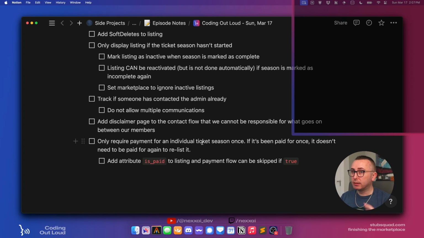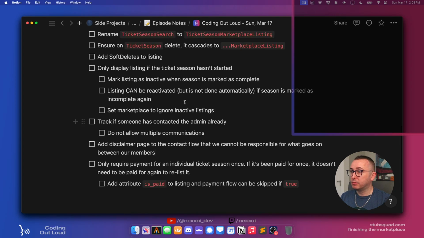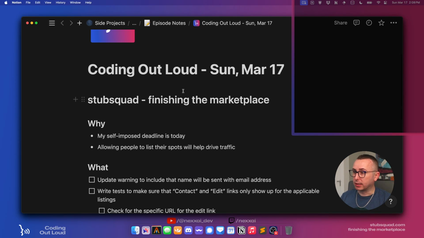So we have a ton of work to do today. I hope we can get it all done. My goal is to work for at least the next 4 to 6 hours on this. I don't have anything else going on. I might get hungry at some point, but if I do, my goal is to just pause the stream and hide my screen for 15 minutes while I eat something quick and then come back. I'm not going to take a ton of time. So with all that said, we can get started.